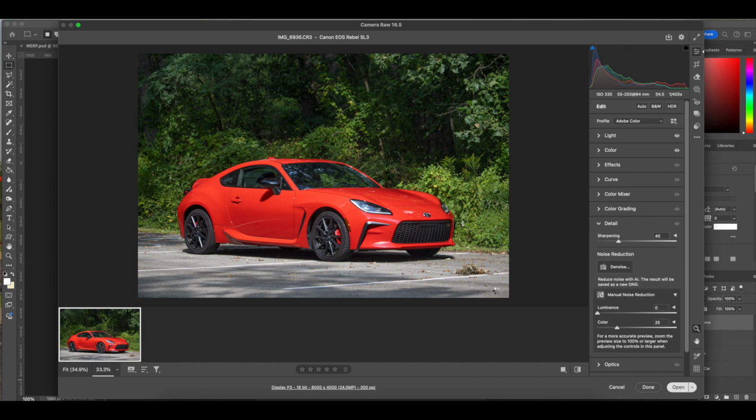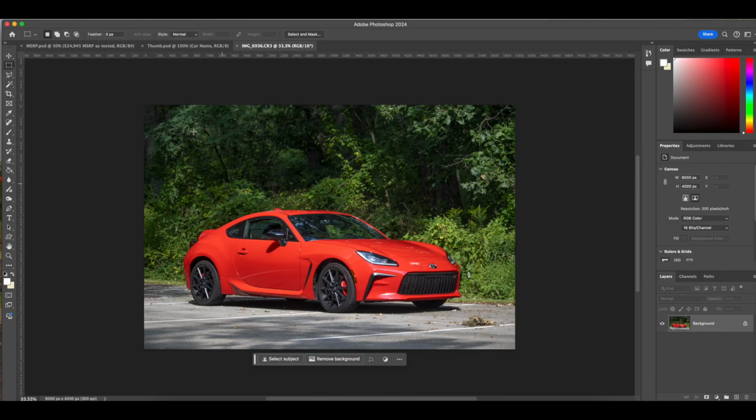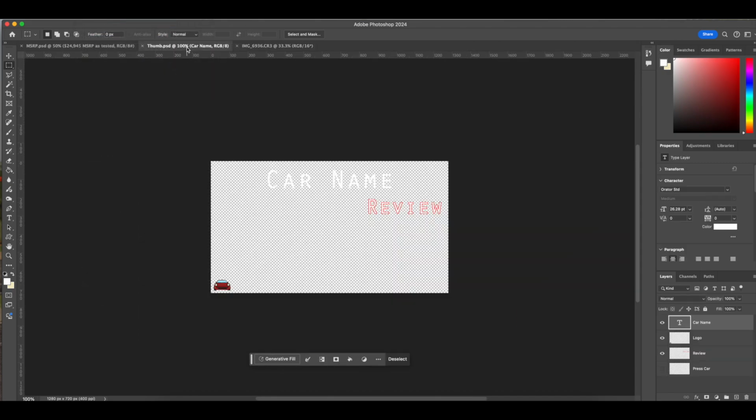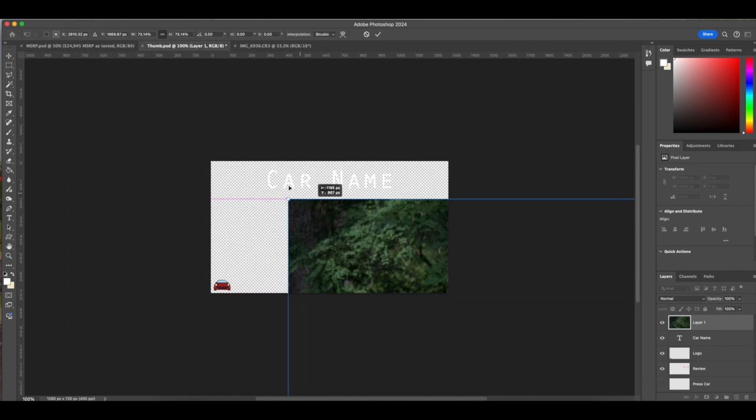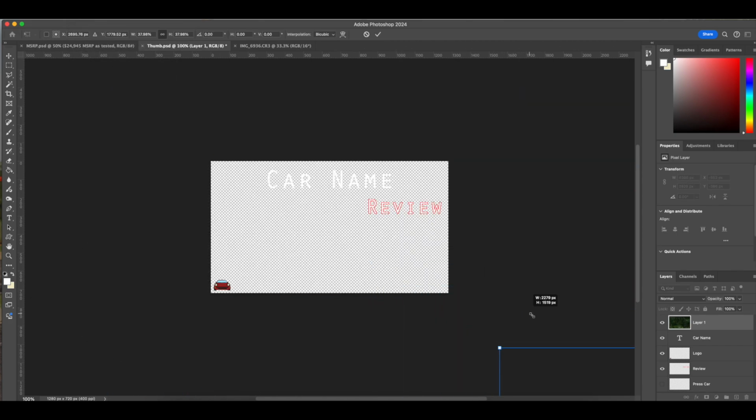So we'll go ahead and open the photo, which does take a little bit of a second here. And then we can go up here, select all, edit, copy, move it over here to, this is just my thumbnail template. I've been using this since 2020, so we'll paste it here, edit, free transform. I don't know if there's a better way to do this. I'm sure that there is,